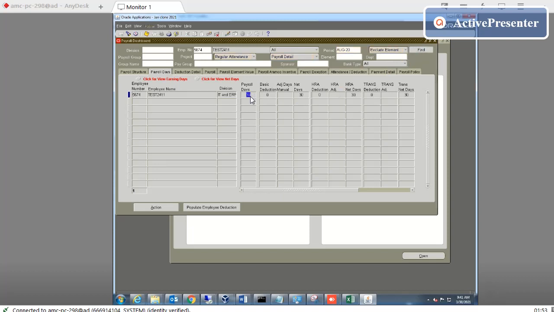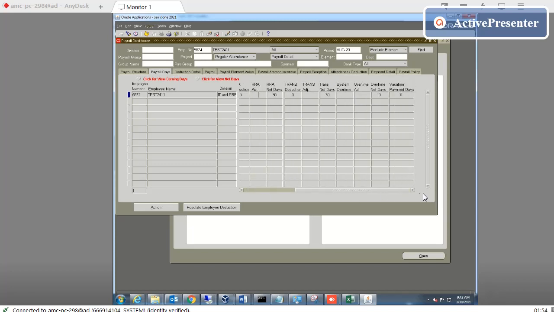you see there are 30 days. Total are 30 days. If there is any deduction, if you enter a manual adjustment to the manual days, you can enter a net day, and the system will automatically calculate it. The HR deduction, if you make the adjustment, you can enter the adjustment here. So all the things are coming.